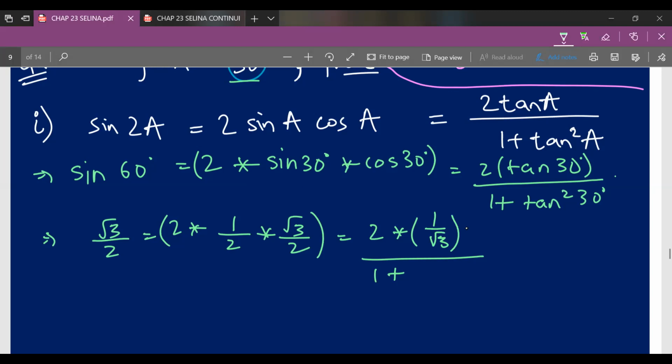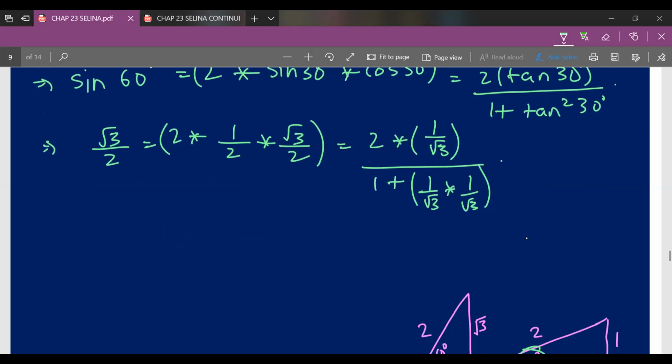So over here, tan 30 degrees, above in the numerator we had calculated tan 30 degrees to be 1 upon root 3. So therefore 1 plus tan square 30 degrees will be calculated into 1 upon root 3 into 1 upon root 3. Okay, so we scroll down below, and over here root 3 we leave it as it is, equal to 2 into 2, 1 upon 2, which will be 1, and therefore our final answer will come as root 3 upon 2. Now over here LHS and MHS have become the same, that is, both the sides have become equal.